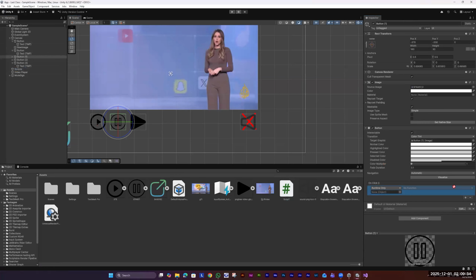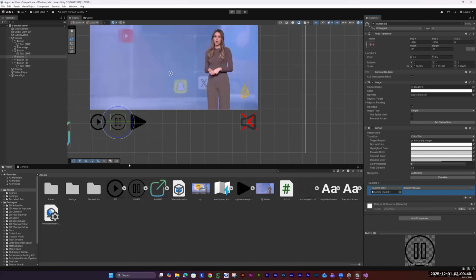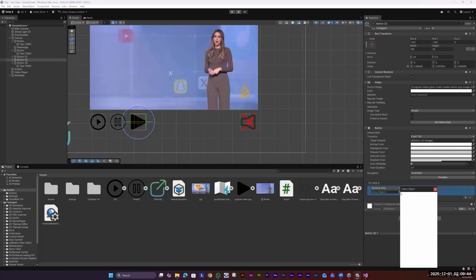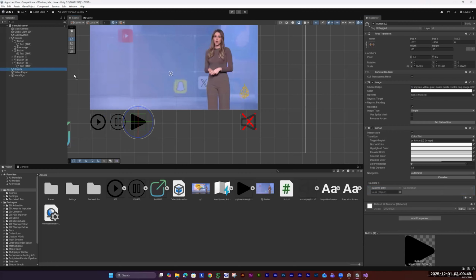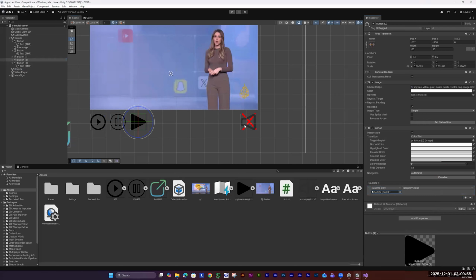Same thing. And the third one, the stop. Need to add the script, and inside the function, I'm going to make the stop,